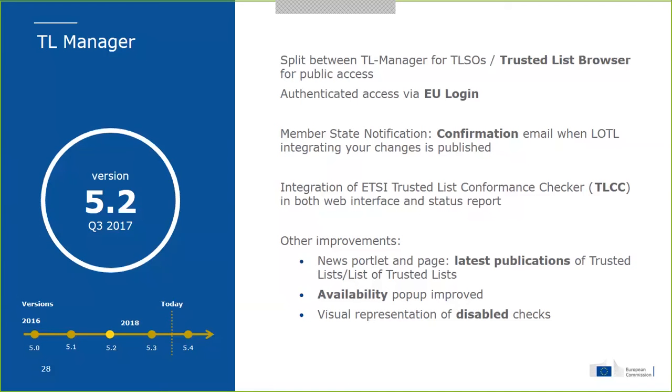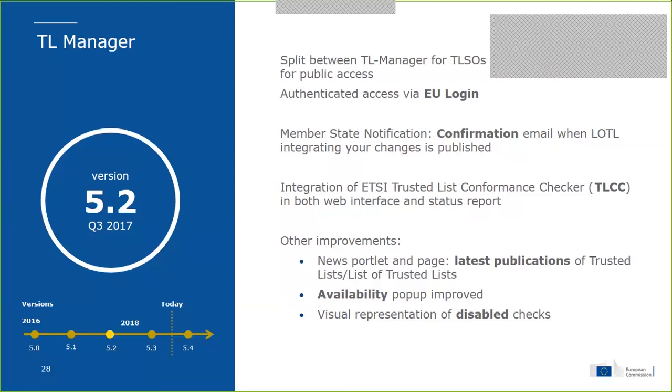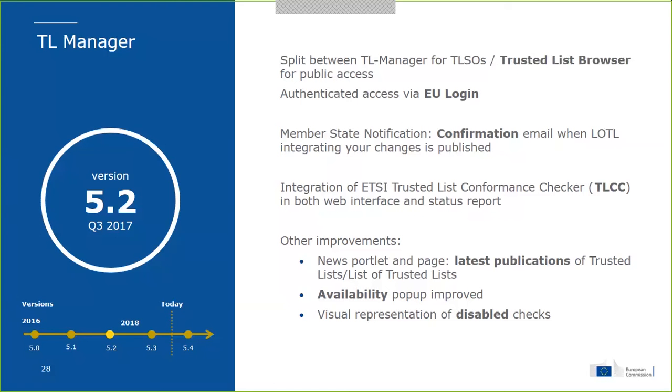The availability pop-up, you know maybe as well. It's a pop-up accessible from the Trust Backbone page, from the home page, where you can check how the Commission is seeing the availability of your Trusted List. I say the Commission because, of course, we are on the internet. It can happen that in the link between the Commission and your country, or on your server in particular, there can be unavailabilities, but at least this is what we detect from our point of view regarding the availability of your Trusted List.